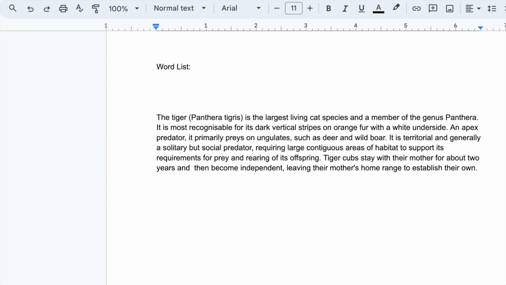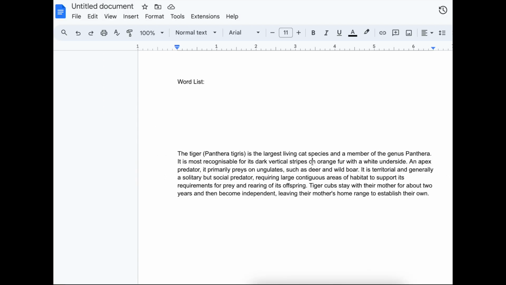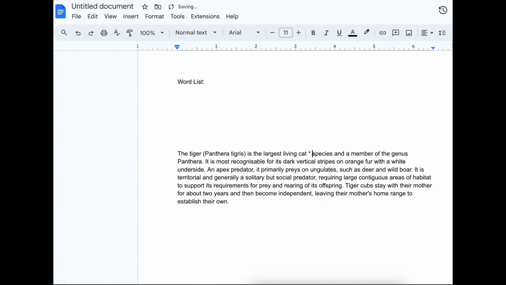I went ahead and copy-pasted some information about tigers from a website. Okay, so the next step is to decide which words you want to remove from the passage to make them part of the word list. I do recommend that before you remove the word, that you put a placeholder or some kind of marker that indicates that is where you want to